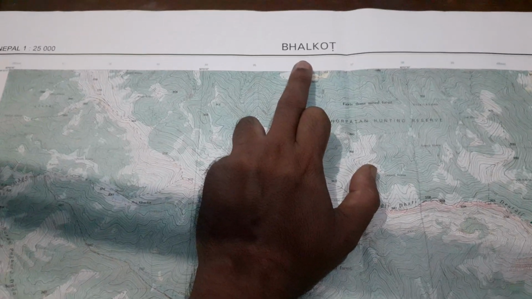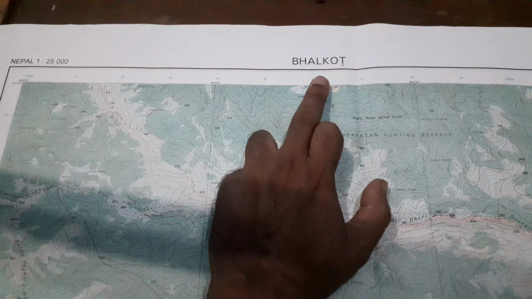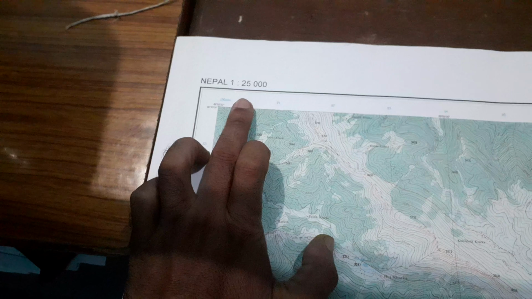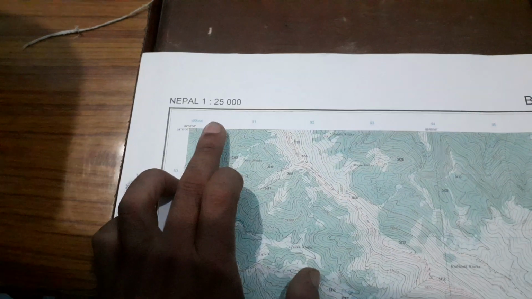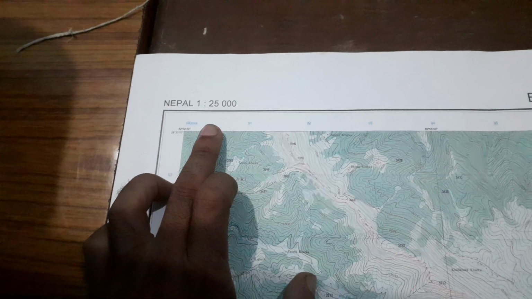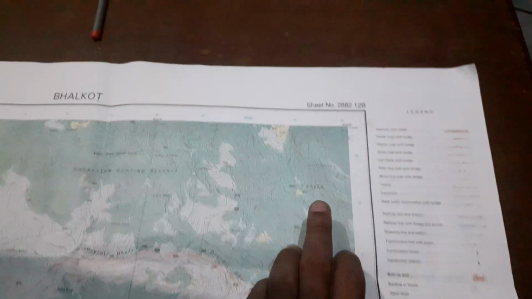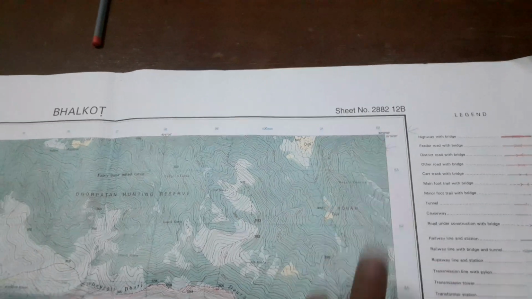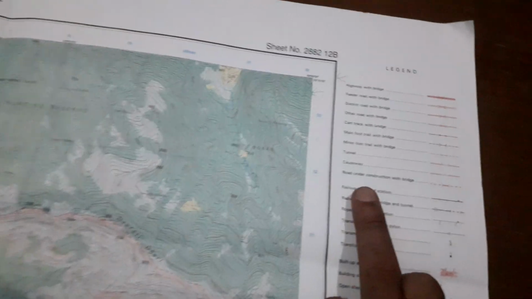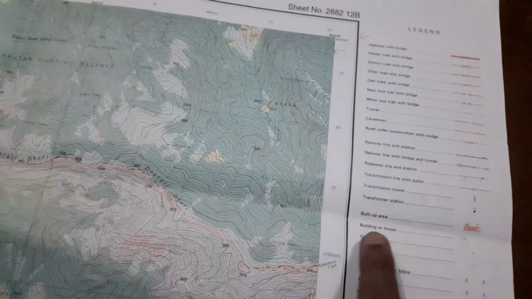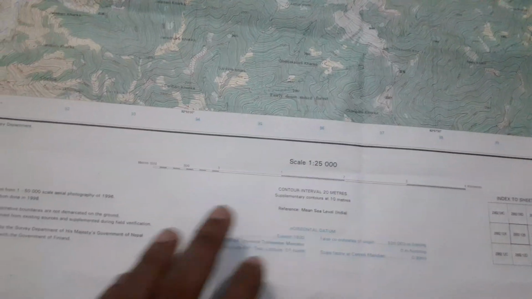This is a map of Balkot that lies in Nepal, and this one is the scale. The scale of this topographical map is 1 is to 25,000, and the sheet number has been represented here. This is the sheet number, and these are all legends for the details used in this map, and some information